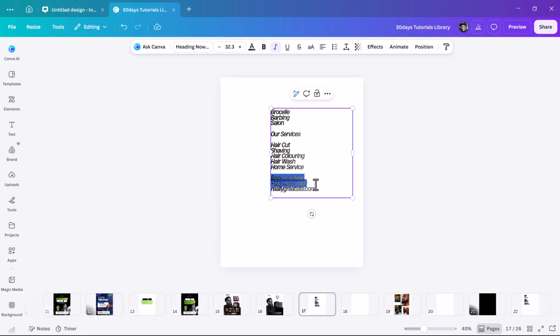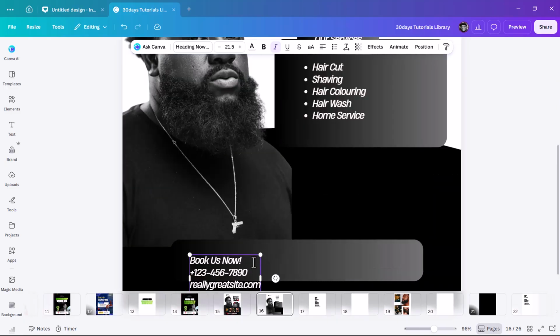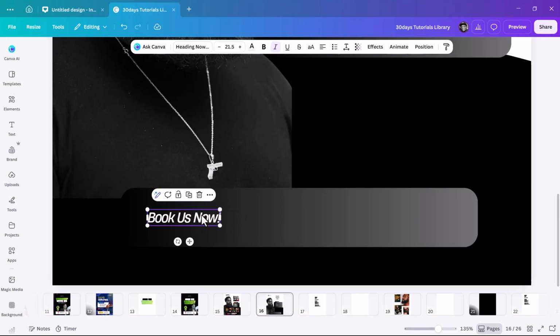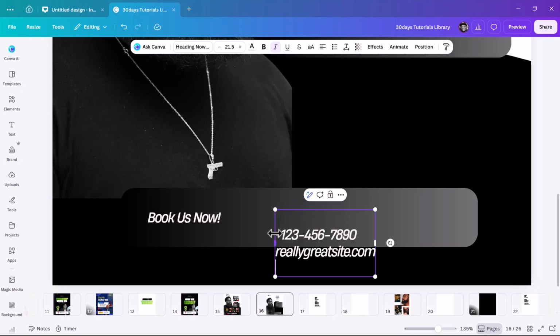Your CTA is very important. Your design will be useless without a CTA. Okay, let's alt drag this, and I'm just going to paste in my text. So I'm just going to select all this, Ctrl X. Okay, let's alt drag this one and paste our text again